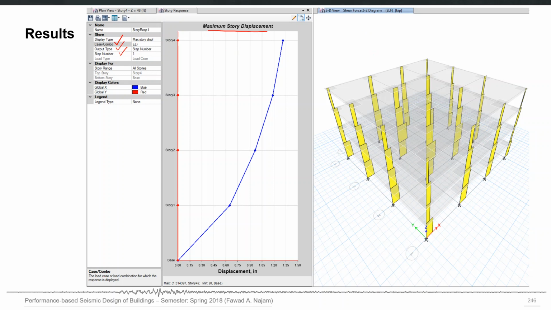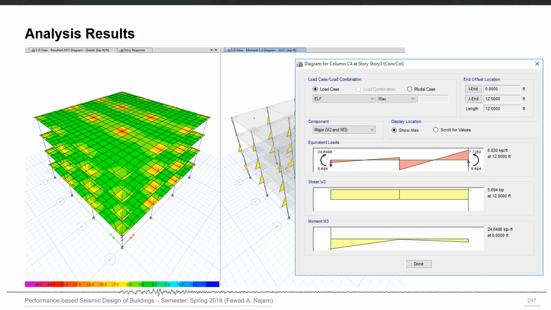The shear forces and bending moment diagrams for the whole structure can also be seen here graphically after the analysis is complete, and this can be done for all of the load cases and combinations. If you click on a certain element, you can have a more detailed picture of the local element demands on that particular element. So here you can see the loads, the shear force or the bending moment for a particular beam or column element. For shell elements, you can see all of those stresses, the in-plane stresses or the out-of-plane bending moments. All of those stresses you can visualize here in shell stresses results.